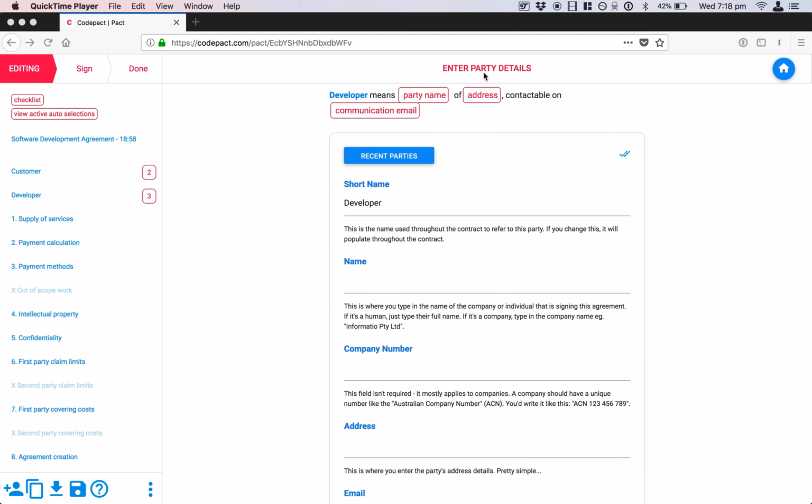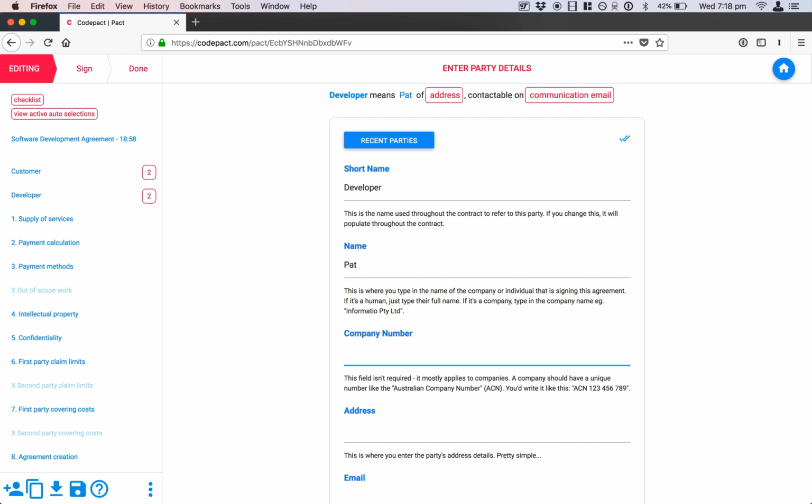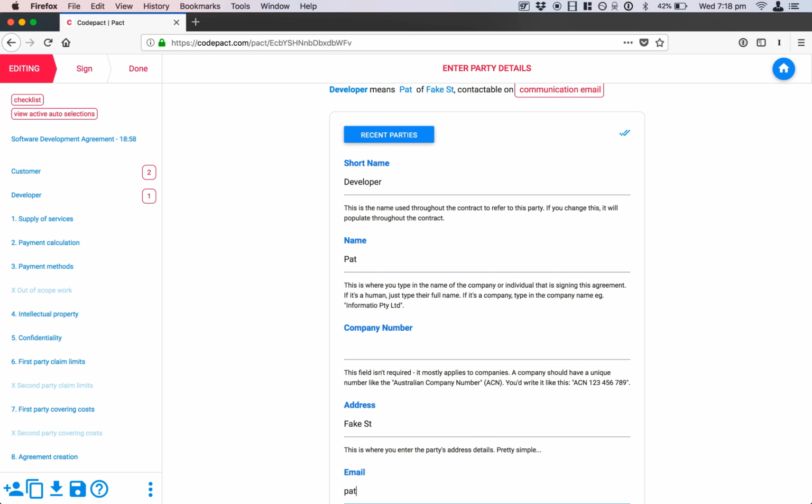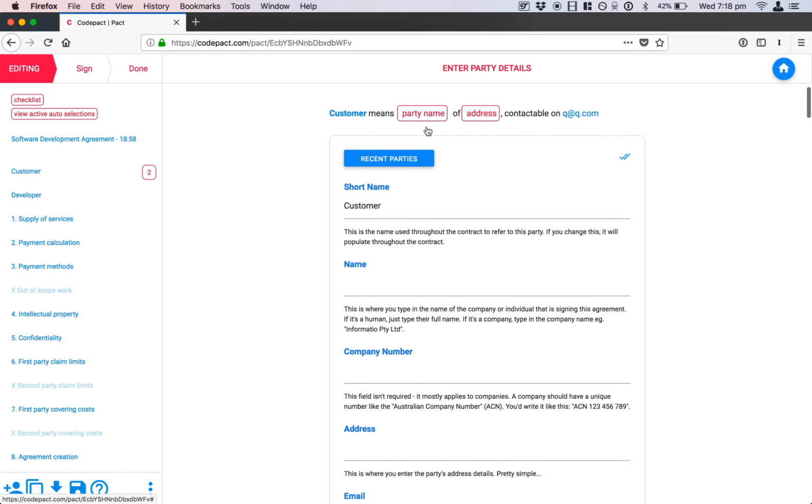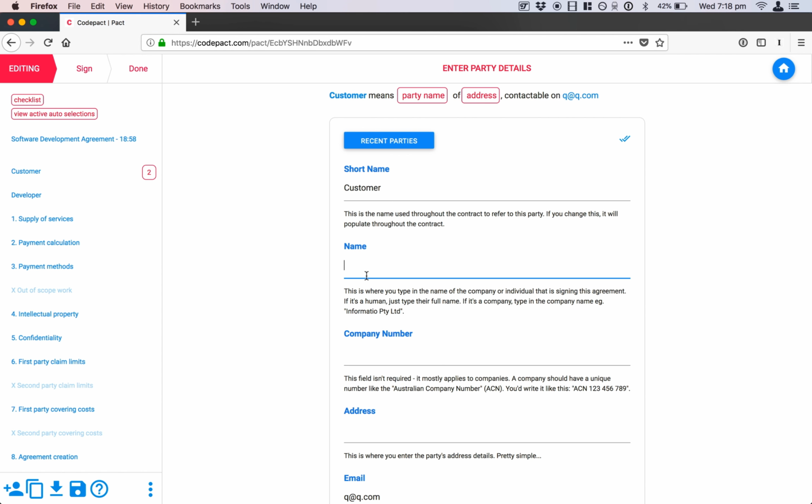So now, because the rest of the document is finished, it's time to fill in the party details. And this is the section where we enter them. I'm going to just enter a few junk details here to get us past this section so I can show you how the signing system works. Okay, so now we're going to go to the customer and fill in